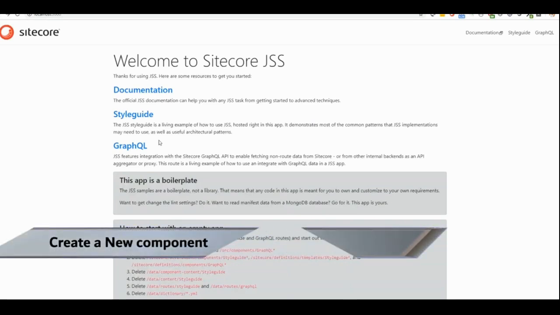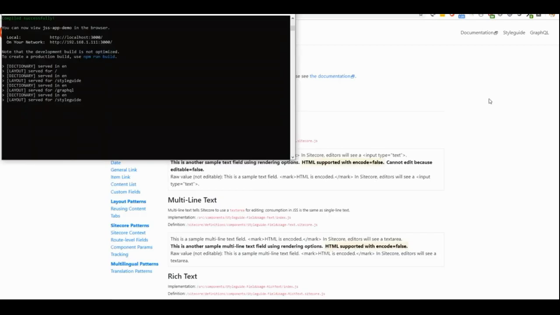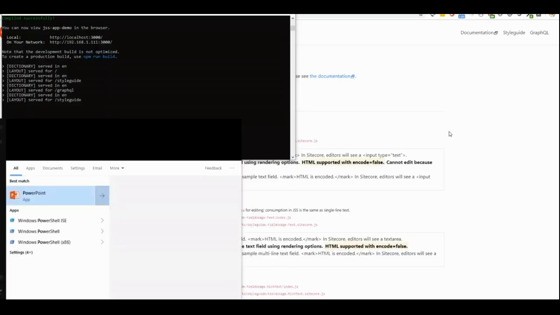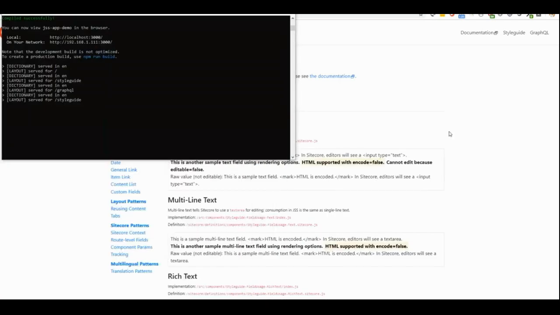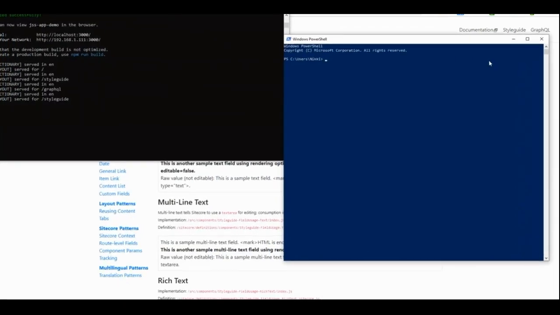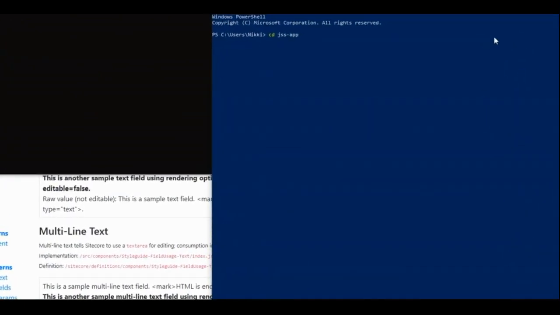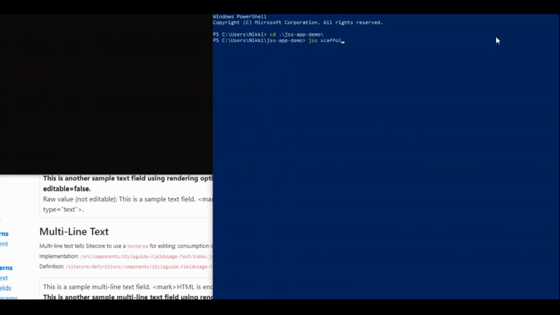I'll show you how to create a new component. In PowerShell, I go directly to the JSS app demo folder, and I'm providing jss scaffold my first component.